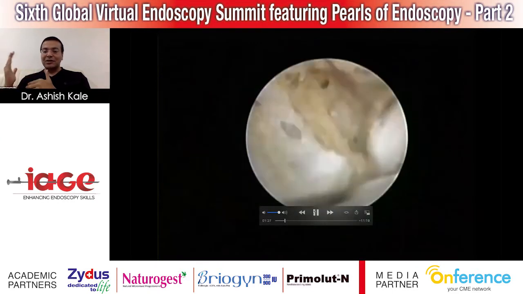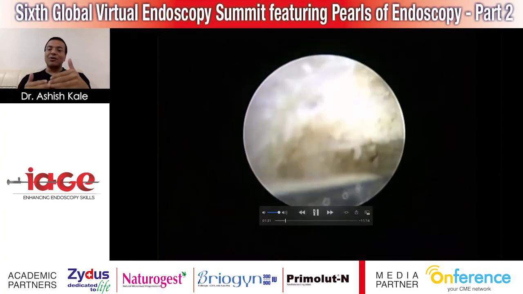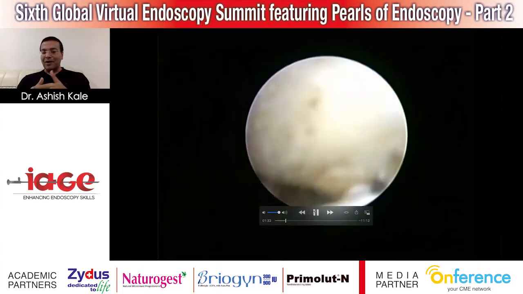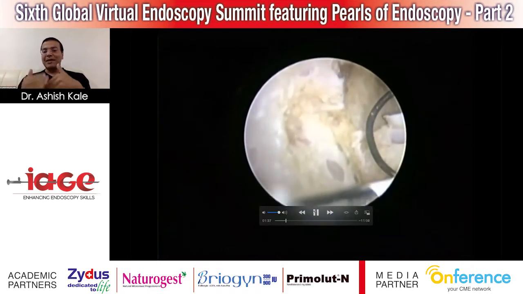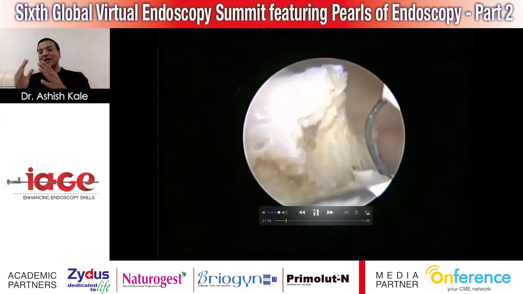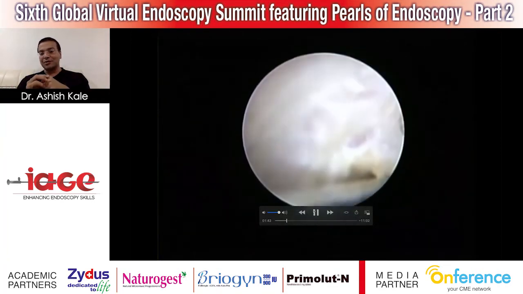It goes from the top, from the most visible part, and then you come down to the most dependent part of the myoma. As they say, you go from the tip and then you go to the base of the mountain. So it is a wise way to look at the cavity of the uterus.